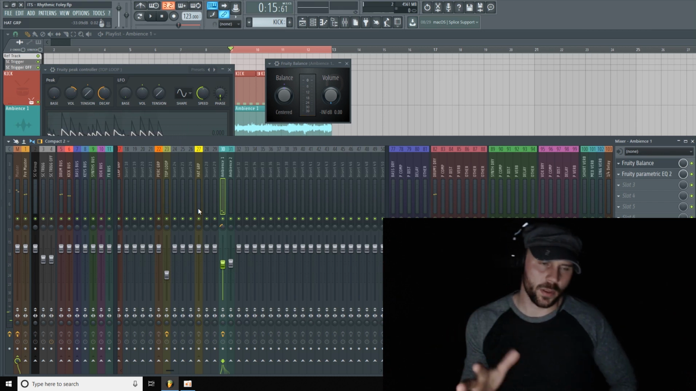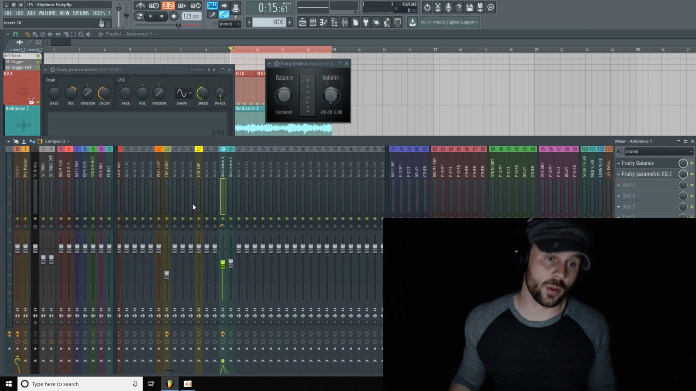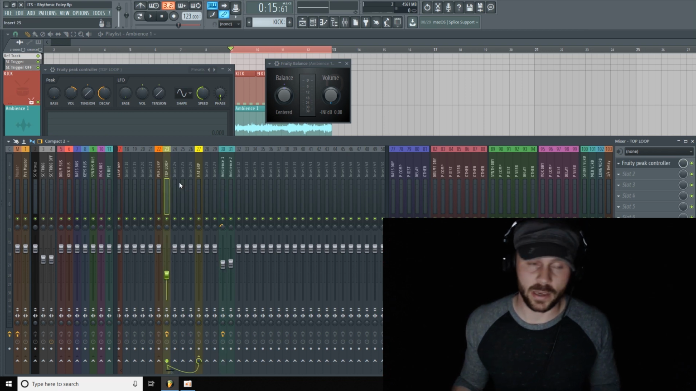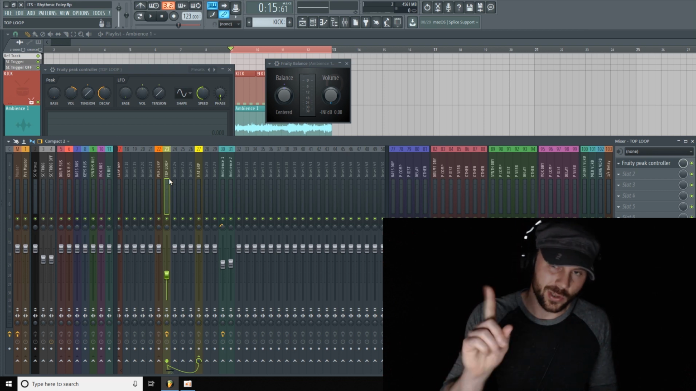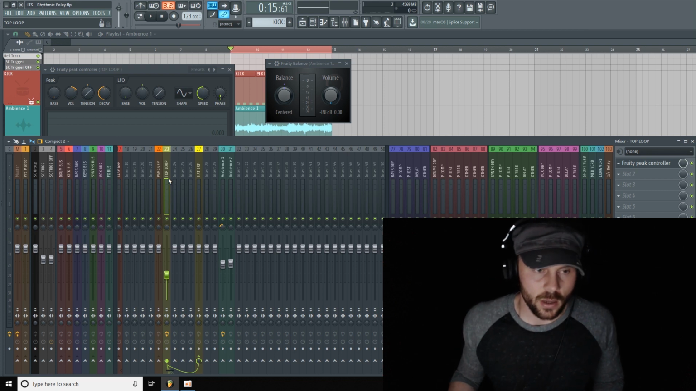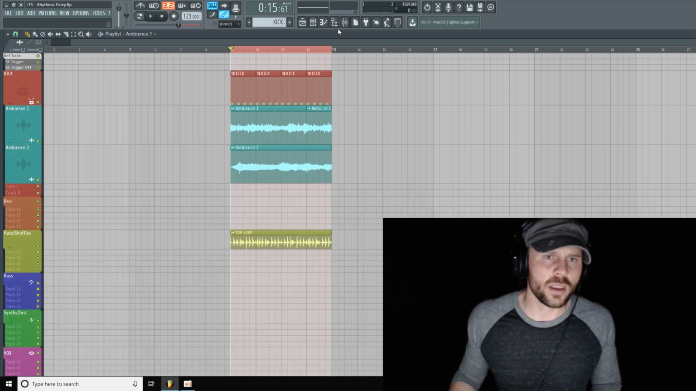Also, one thing to note, if you don't use FL Studio, you can do this with a gate very easily. And I have a couple videos on how to do that, so I'll put those up there if you want to check those out. Okay, so now ambience 2, let's just turn that on here, and I'm pretty much going